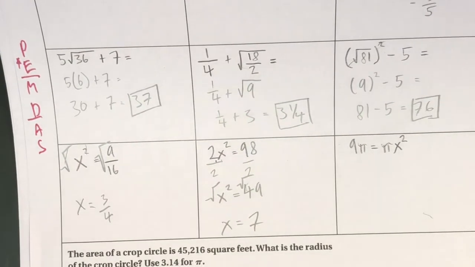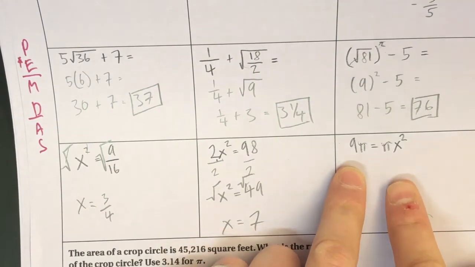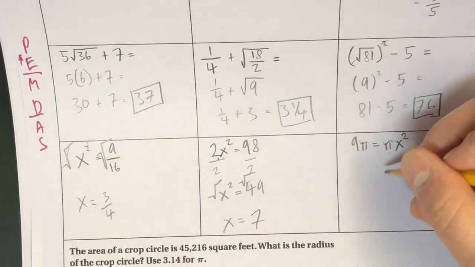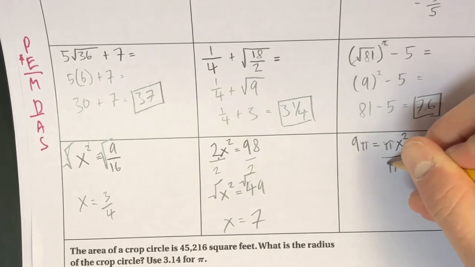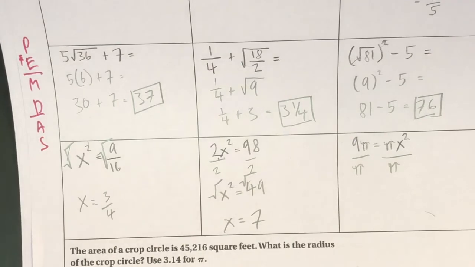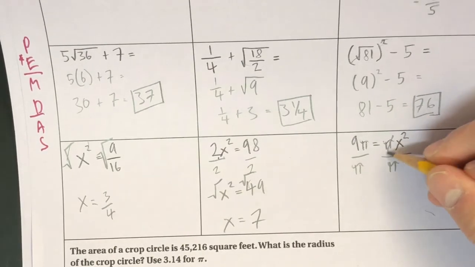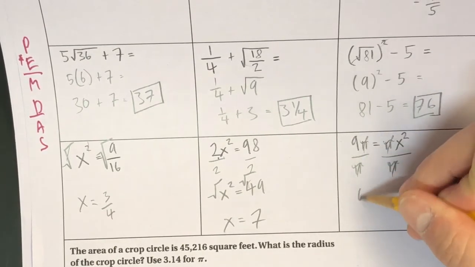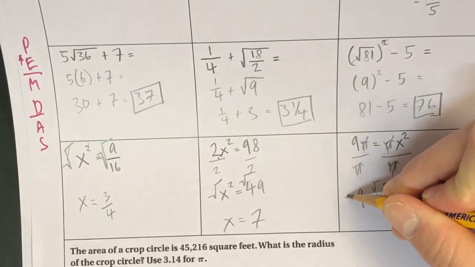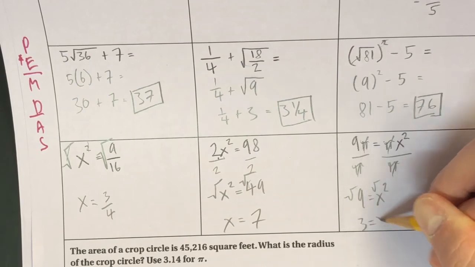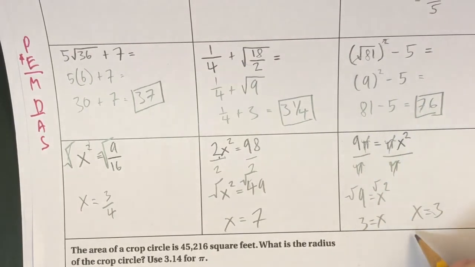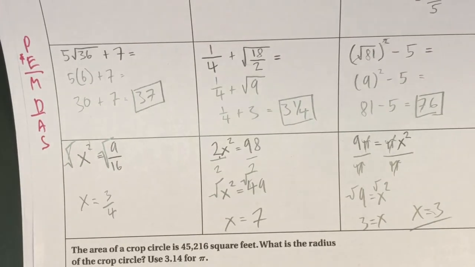And last but not least, we do come across these kinds of equations. We want to get the x by itself. We're going to have to get rid of the pi. Divide both sides by pi. The pi's cancel, leaving me with 9 equals x squared. Take the square root of both sides. And 3 is equal to x, or x is equal to 3. Okay,